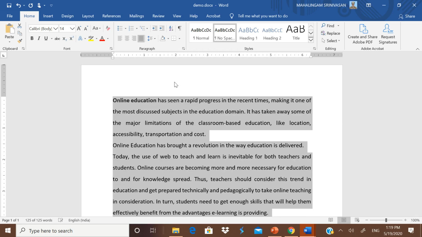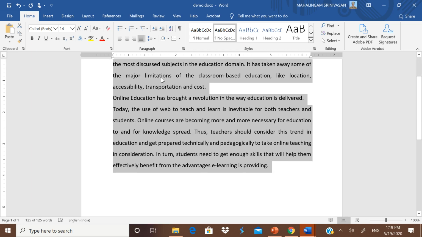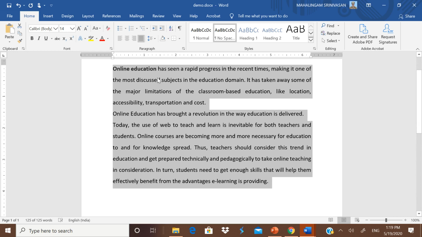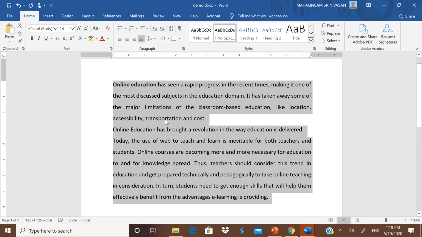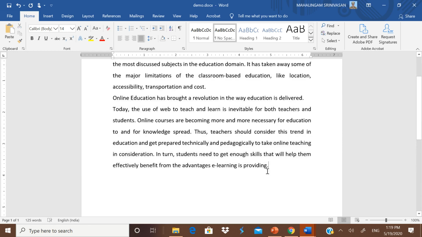Control 5 will give you 1.5 space. These are the things which you can do after all typing is over. By selecting all, Control 2 will give you 2 line space, and Control plus the number 5 will give you 1.5. Now I have made it so that whatever I have copied is very clear now because it is 14 and having 1.5 spacing.